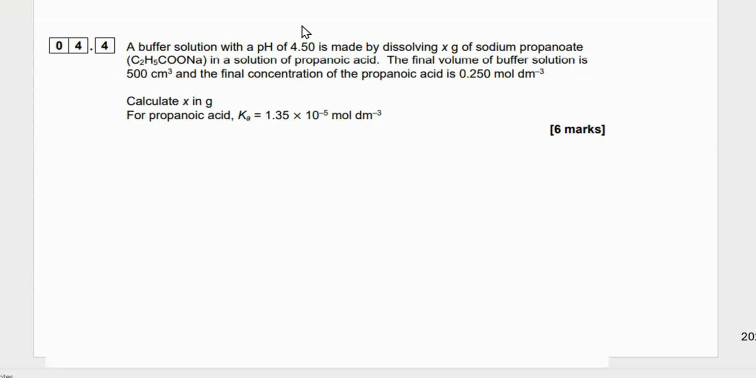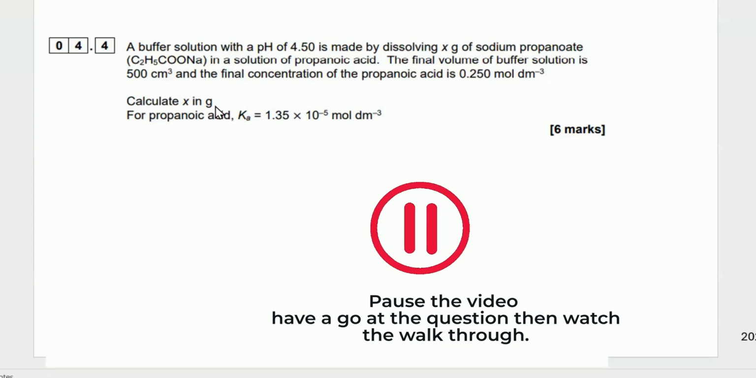Okay, so we've got this question here. It says a buffer solution with a pH of 4.50 is made by dissolving X grams of sodium propanoate, C2H5COONa, in a solution of propanoic acid. The final volume of the buffer solution is 500 centimeter cubed, and the final concentration of the propanoic acid is 0.250 mole per decimeter cubed. Calculate X in grams. So X is our unknown for the amount of grams of sodium propanoate that's been